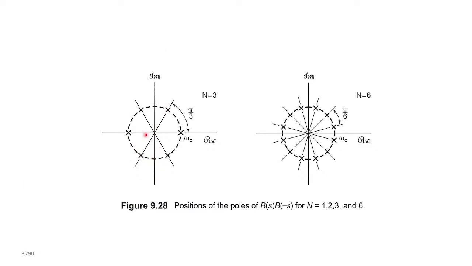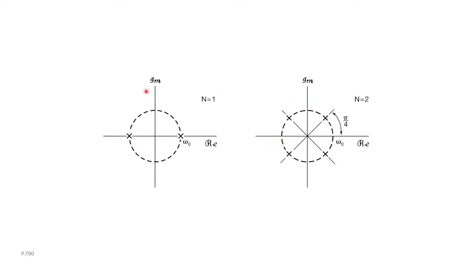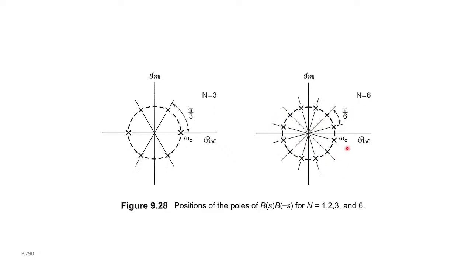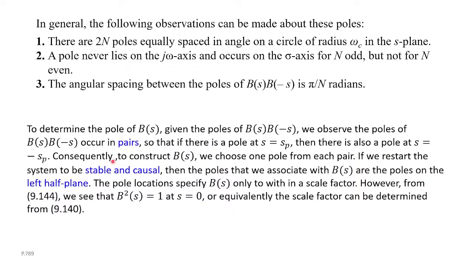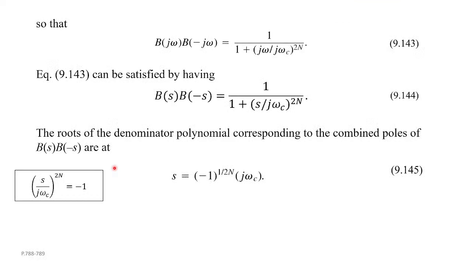So that's good because you see the poles here are also in these S, negative S pairs, right? So basically we just need to assign, for example, for n equal to 1 you have 1 pair, n equal to 2 you have 2 pairs, and n equal to 3 you have 3 pairs. For each of these pairs you need to assign which pole belongs to B of S, and which pole belongs to B of negative S. And that's kind of arbitrary.